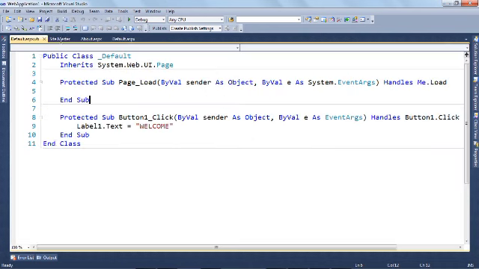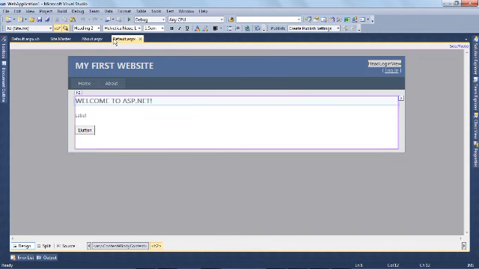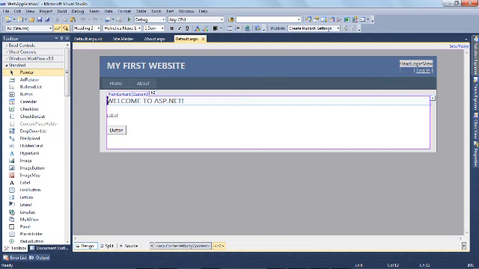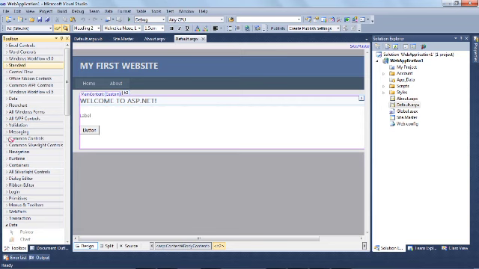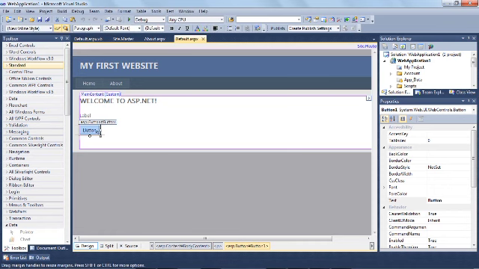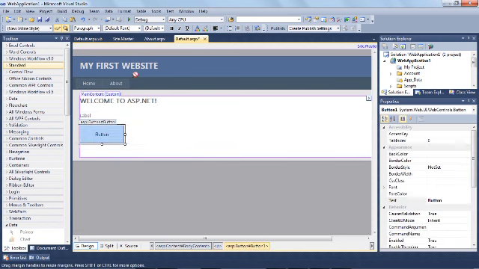So here you will find first page will be default, default web page is there. Then here is the solution explorer. So this one is the toolbox left side, and this one is a solution explorer, and this one is your property window. So for this button you can set some properties.